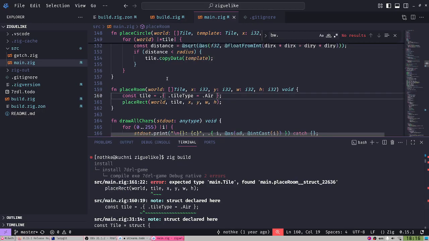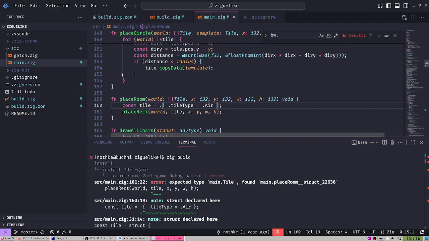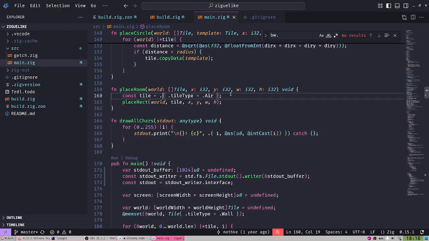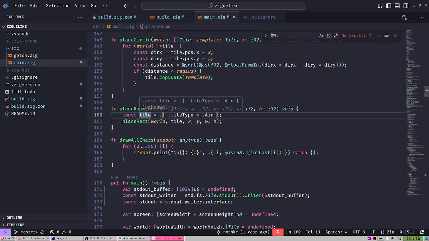There's something that it can't. Wait a minute. This is like an anonymous struct, right? Interesting. Okay, so does it not support anonymous structs anymore?